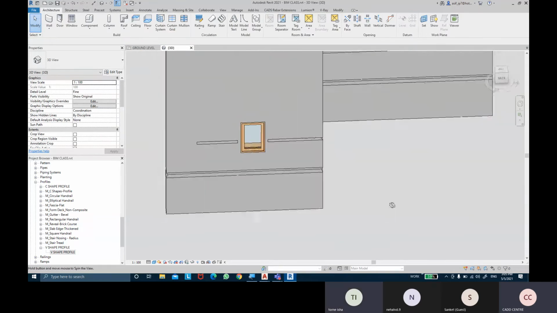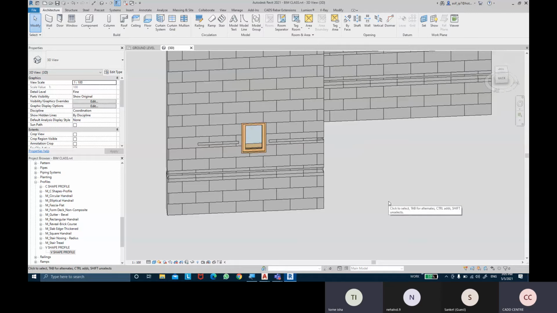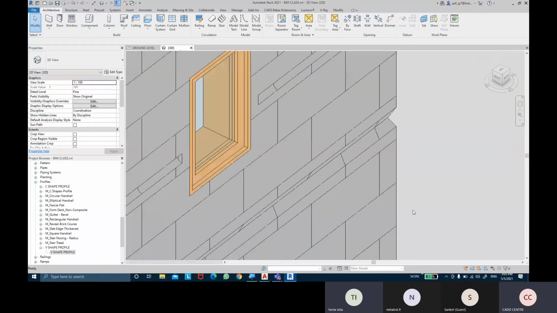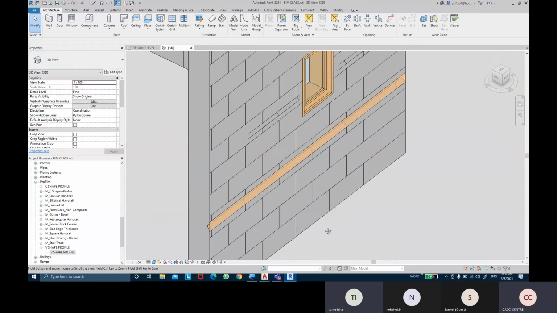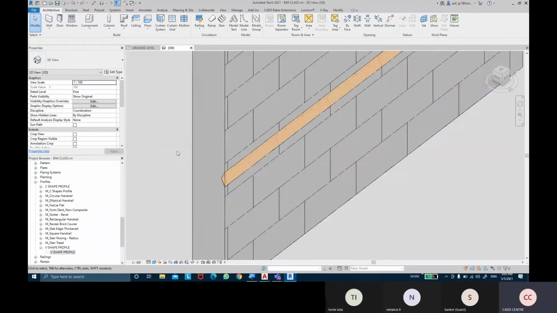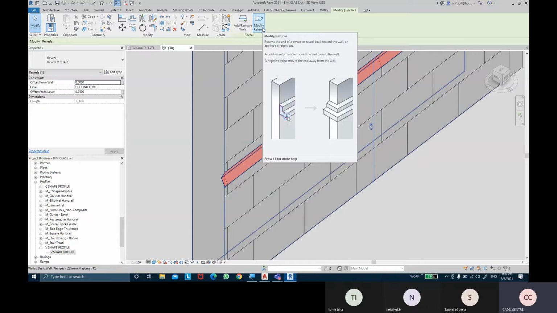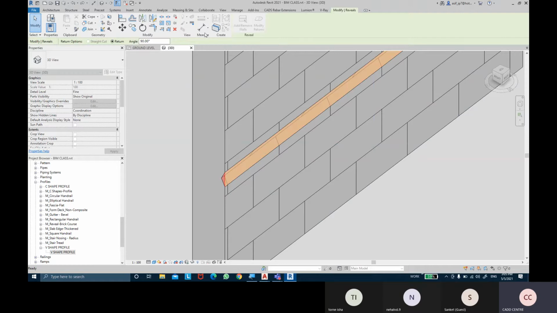So could you show how to use the modify returns command again? So if I have the end of that wall, okay, so I'm gonna select the reveal. There's an option called modify returns. When I take the modify returns option, make sure it is set to returns, and you provide the angle as 90°.